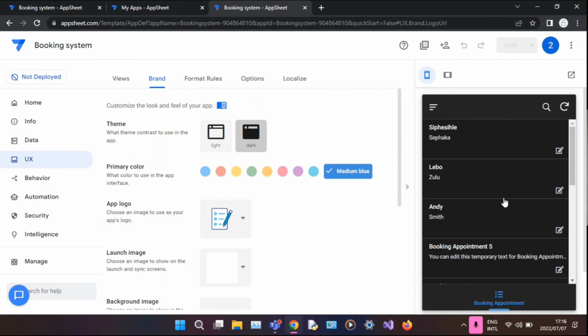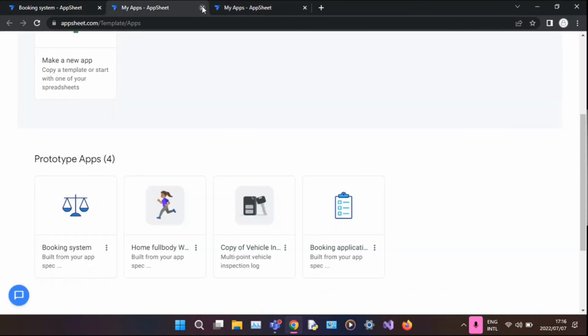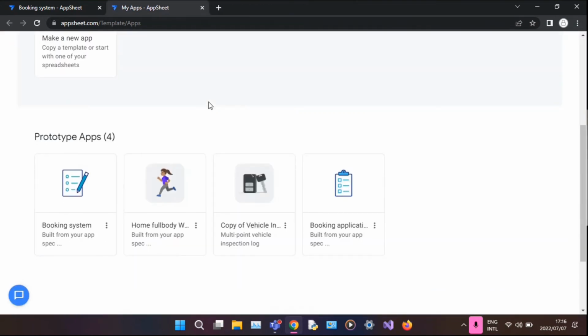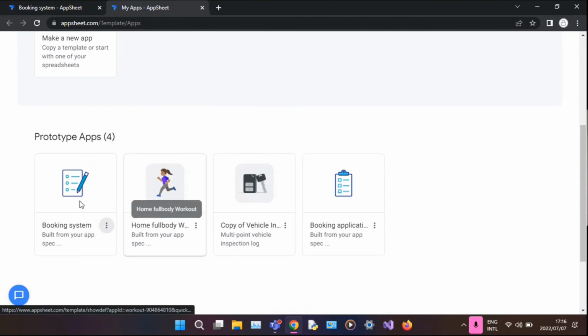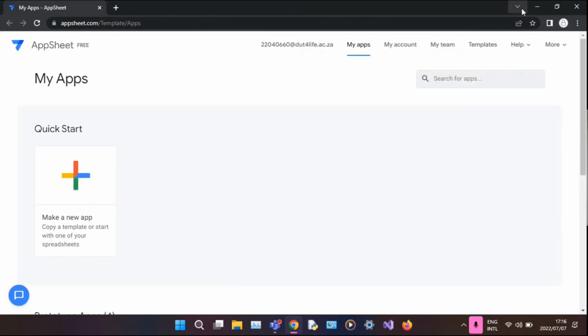And this is the finished product of the app. Yeah, and I'm going back to my apps. These are my apps, and this is the booking system that I just created. All these apps are prototypes for now. And yes, guys,